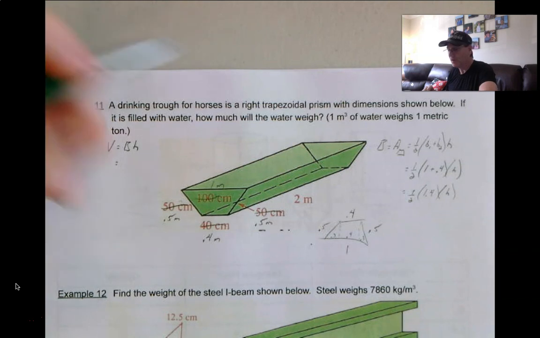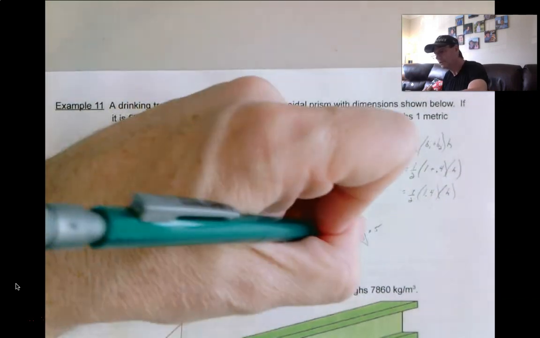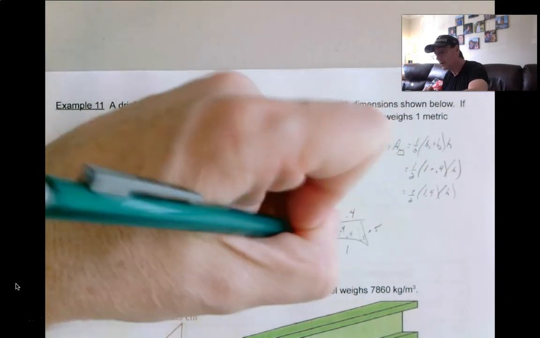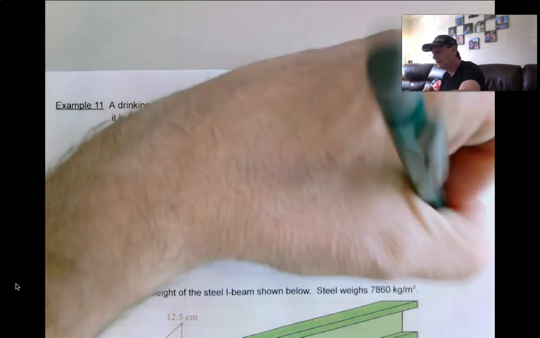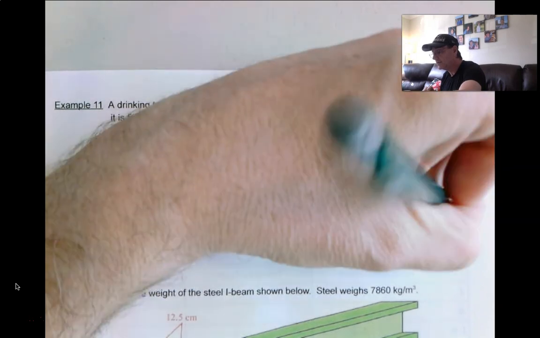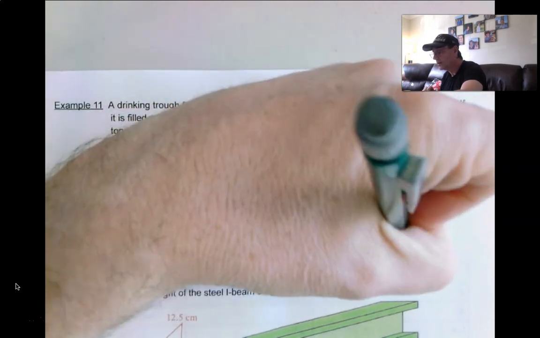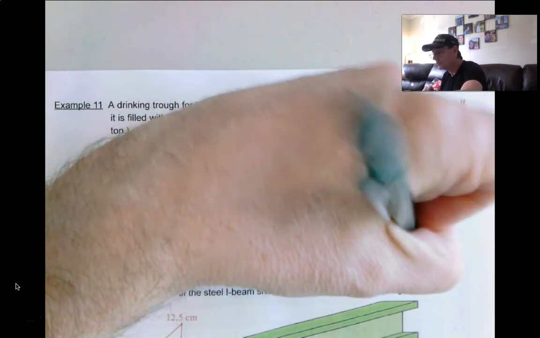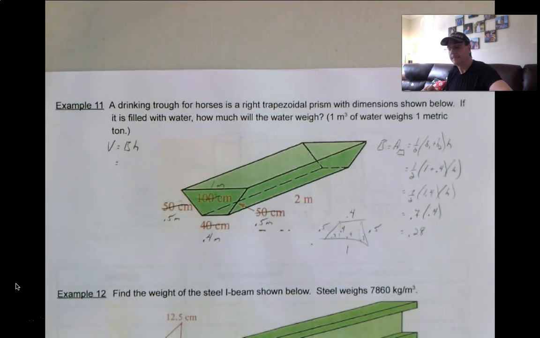Just like in the previous problem, it's a 3, 4, 5, only it's 0.3, 0.4, 0.5, the height here. Half of 1.4 is 0.7 times 0.4. 0.7 times 0.4 is 0.28